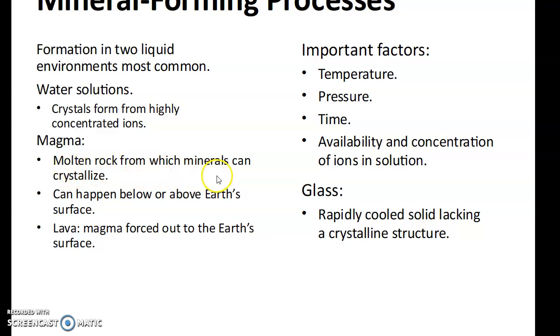Molten rock can crystallize into minerals. That happens below the Earth's surface, and lava is the magma forced out onto the Earth's surface. This all occurs during volcanic activity, and we've seen a lot of examples of that. Important factors are temperature, pressure, time, and the availability and concentration of the different ions in solution. Now, a glass is not really a mineral. This is a rapidly cooled solid lacking a crystalline structure. It does not have a crystalline structure. It is a rapidly cooled